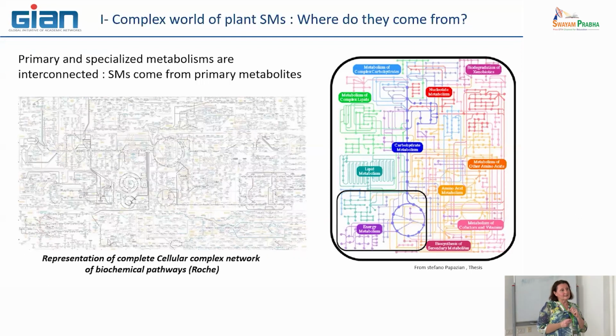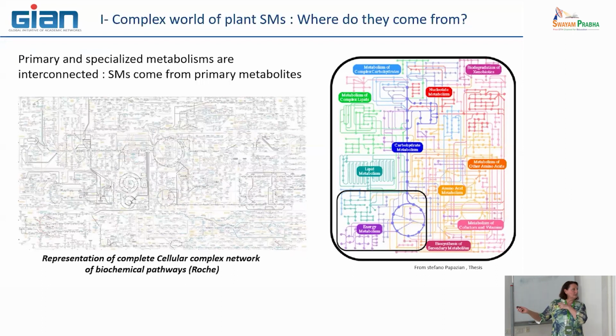What does that mean? It means that if you modify just one step, it can have lots of consequences in other metabolic pathways. This is why, in fact, they are linked. When you want to develop something and modify just one enzyme or some enzymes, every time you need to be careful, because you can have a lot of consequences in other metabolic pathways, primary or secondary, that can finally affect what you want to obtain. So this is important to see.